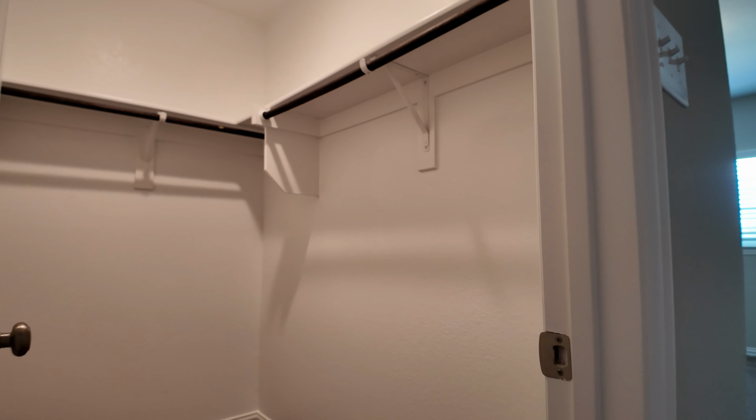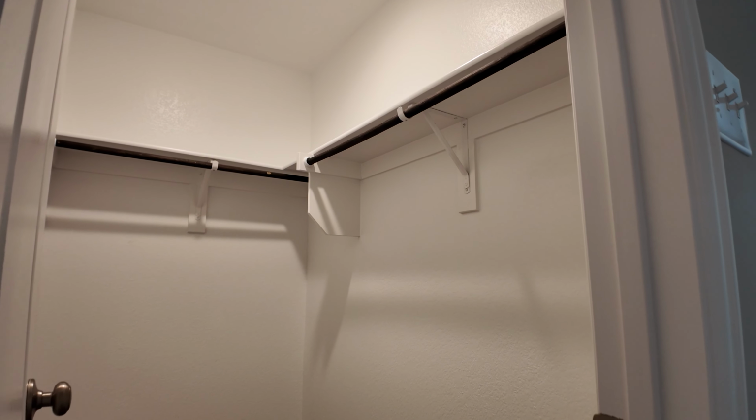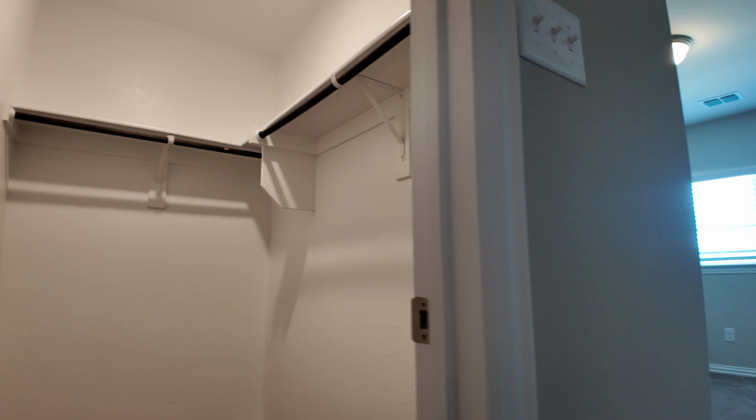Into the second bedroom, immediately, a walk-in closet in a second bedroom is just kind of unheard of, especially in a townhome. But I love that they gave you that space so that your bedroom can be dedicated to your sleep space too. So you can still have a very nice sized bed